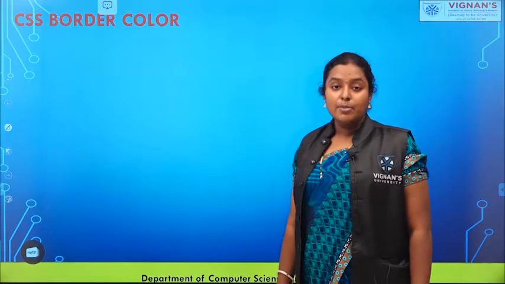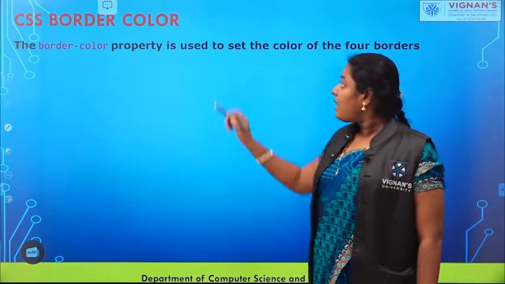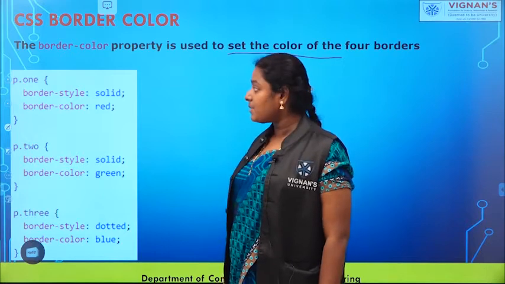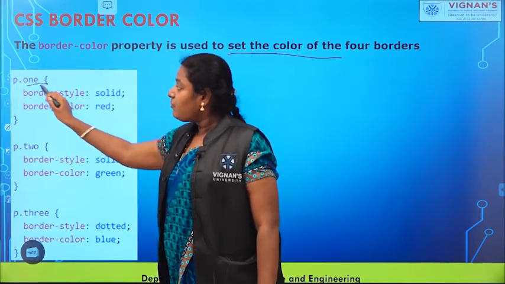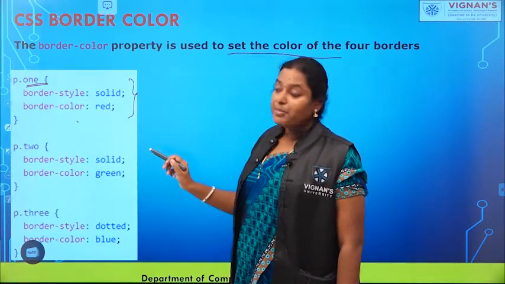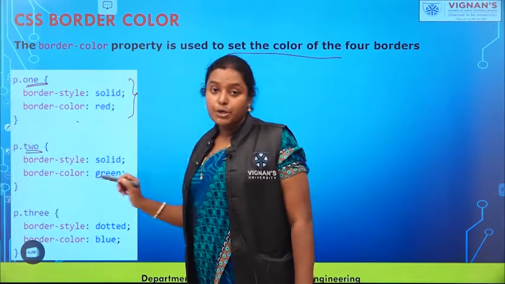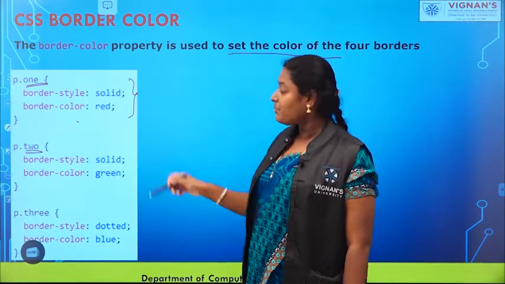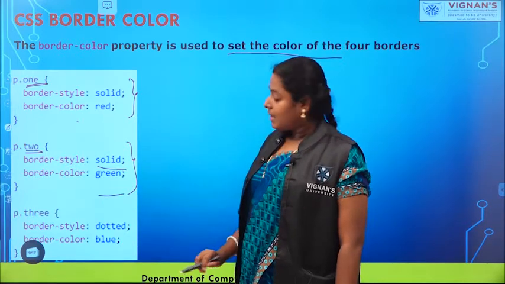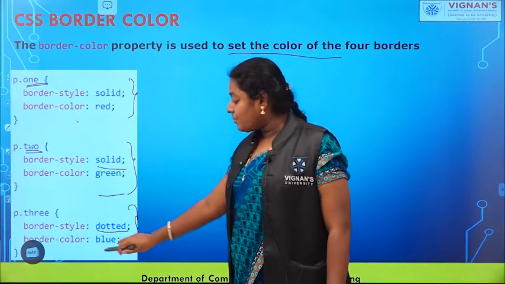Next we are discussing different CSS border colors. You are also able to give a color to your border. Here I am taking 3 examples. The class with the name 1: for that content I am applying the border style solid and it will appear in red color. Next, one more class name 2. If the P element has the class name 2, the style will be solid and the green color will be applied. And for class name 3, the style is dotted and the color blue will be applied.